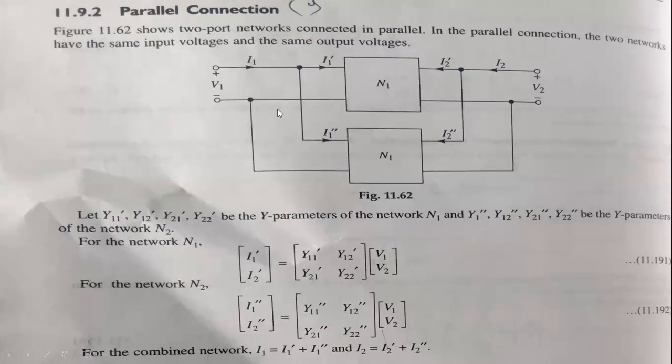How can they connect in parallel? See here, all of you pay attention, network 1, network 2, so they are connected. So these are the two lines. Input source is nothing but the V1, output source is nothing but the V2. Okay, V1, V2, current is I1 and current is I2. Later on, the other network, if connected in parallel, how can we connect the sources, how can we connect the currents?